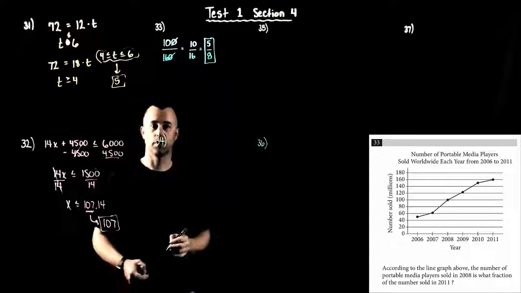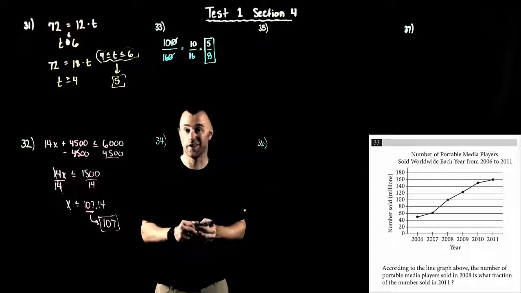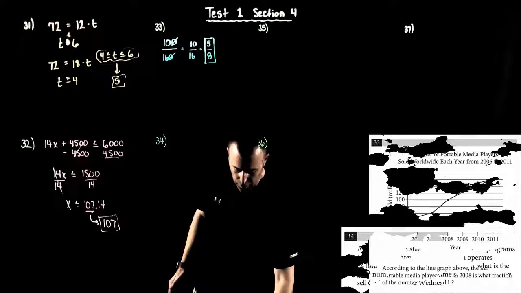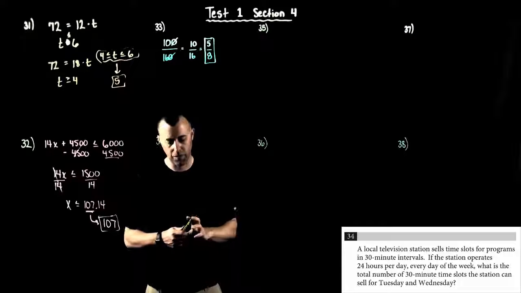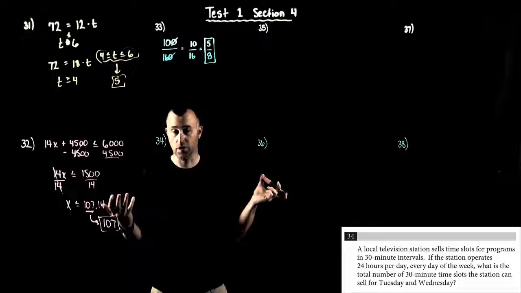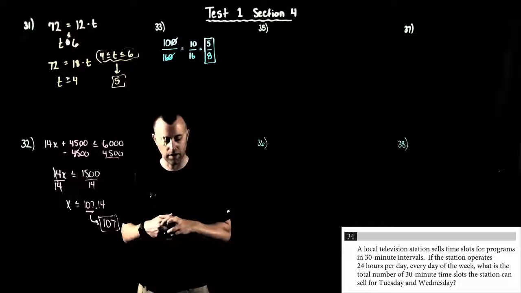So number 33 is 5/8. You just do what they say. They say set up a fraction, well I set up a fraction and I simplified it. So that's number 33. Number 34 says we have a local television station that sells time slots for programs in 30-minute intervals. So if the station operates 24/7, what is the total number of 30-minute time slots they can sell for